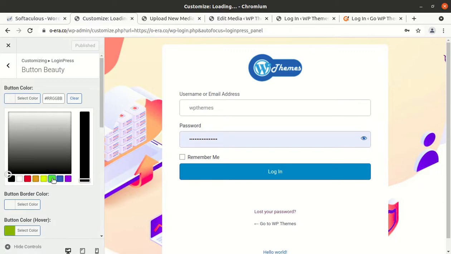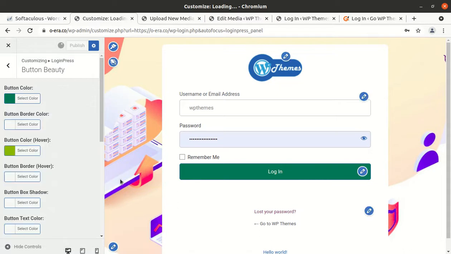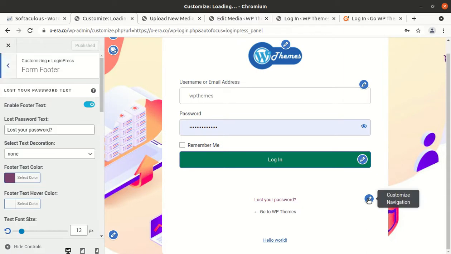Like if we want to put button like this, it is not looking good. This is a good color, so we can change it. It is a great plugin in fact, which is having all the features for customizing the screen. Now we have changed the hover color and the button color. It is good. And now we can customize the navigation as I have already shown you.